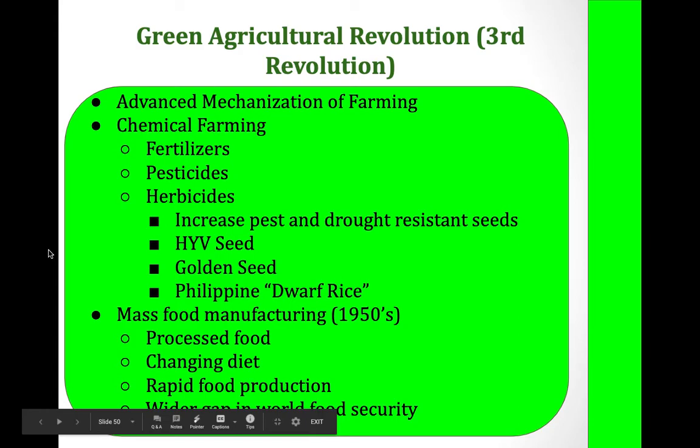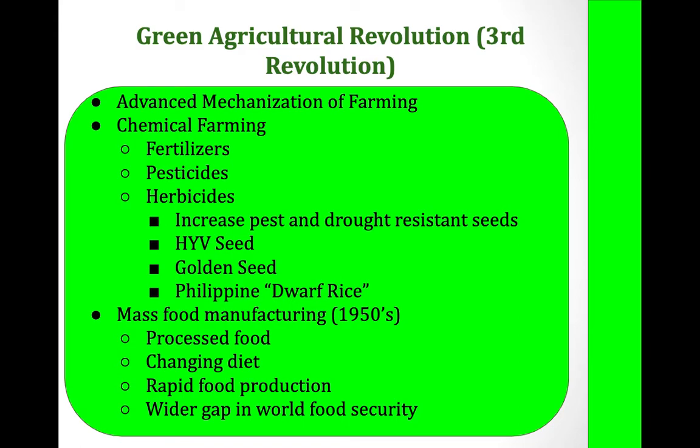The third agricultural revolution is now looking at chemical farming. This is with fertilizer, pesticides, and herbicides. With pesticides and fertilizers and herbicides, now you have a reliable crop in harsh conditions that is not prime agricultural real estate or extremely fertile land, but it does require a lot of water irrigation, so it can create water shortage problems. Crops become pest resistant and drought resistant with these inputs. They'll create the high yield value seed like the golden seed or the dwarf rice HYV seed, and more recently